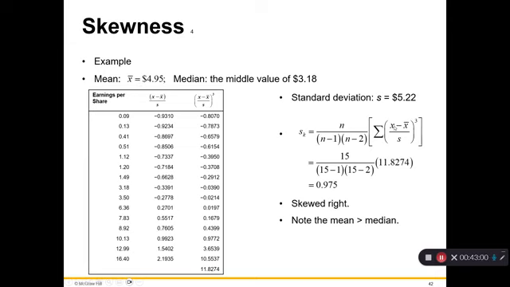Actually, it comes up to be 11.8274, and what we get is 0.975. So that shows that this is skewed toward the right-hand side, and here the mean is greater than the median. This is a condition for right skewness: mean greater than median,